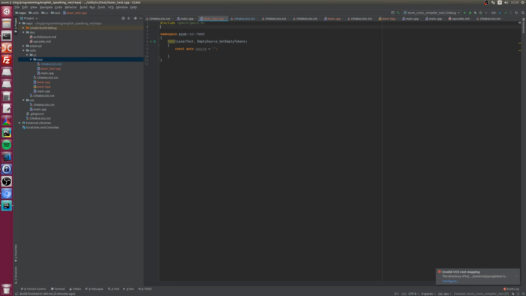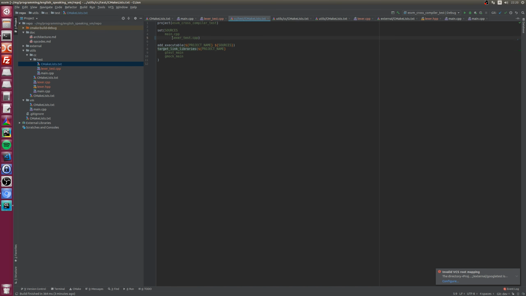Now let's include our Lexer. No. Yeah. Let's do a dirty hack, but oh yeah. Yeah, fuck it. Let's do a dirty hack and add as, no, let's do it in a proper way.